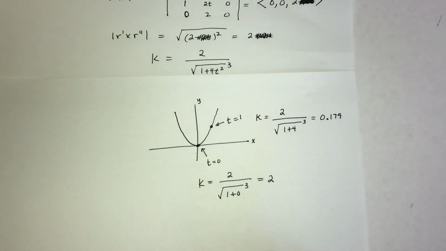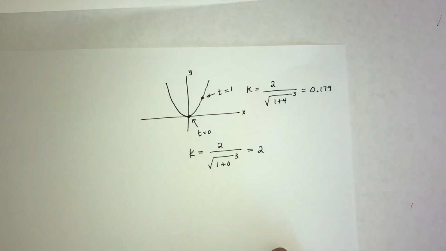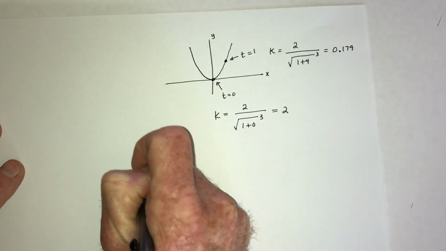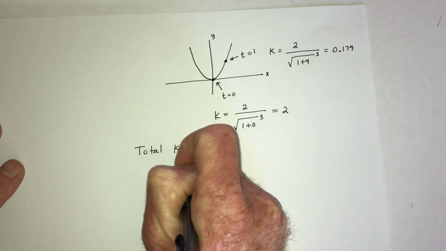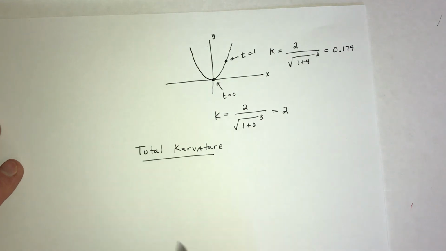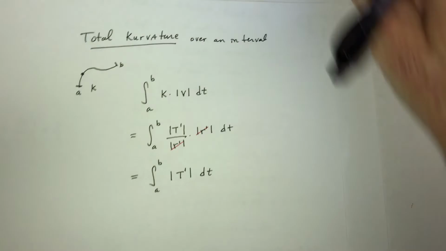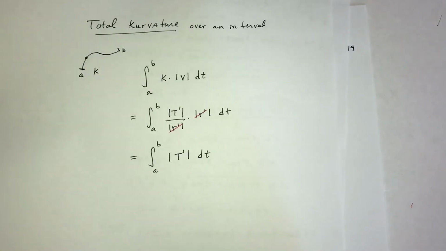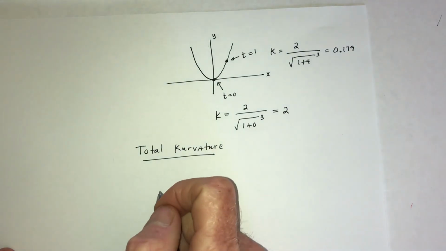And finally, for the last part, and on the homework, I think it's the last 2 questions that ask you for the total curvature. You like how I spell curvature? The total curvature, so that's where you need to integrate. That's where you need to integrate from a to b, and we're going to use 0 to 1, the length of t prime. So it's going to be,